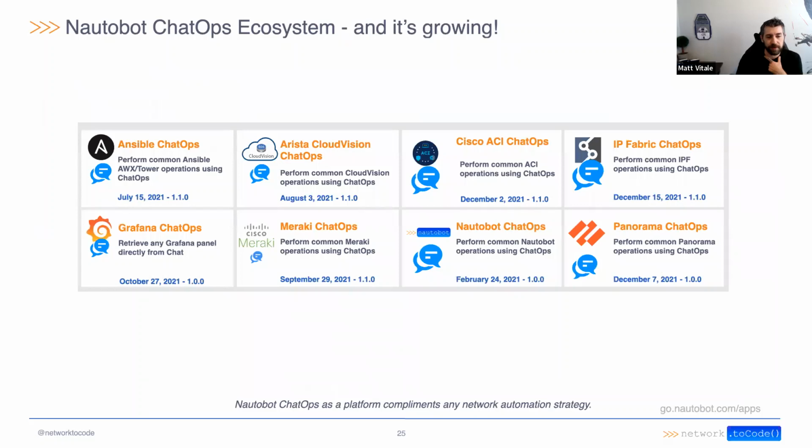This is a list of all of the tools currently supported within the Nautobot ChatOps ecosystem. Through the use of individual plugin extensions, you can download and install. We are continuing to release support for new tools over time and expand on the existing tools as well over